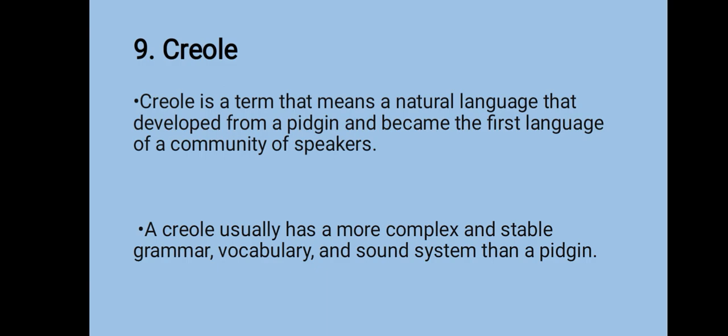Haitian Creole developed from a pidgin that was based on French and various African languages and was used by enslaved Africans and their French colonizers in the 17th and 18th centuries. But over time, the pidgin became the first language of the enslaved Africans and their descendants and acquired more features and words from French and other languages. So today, Haitian Creole is one of the official languages of Haiti, along with French, and has about 2 million